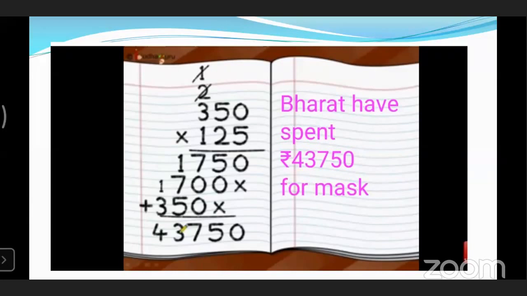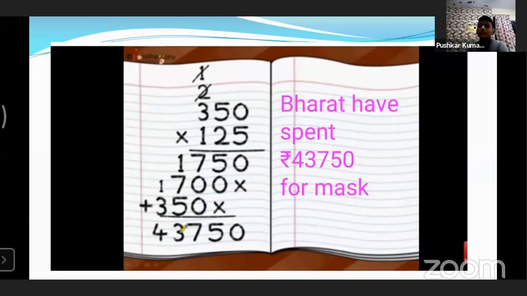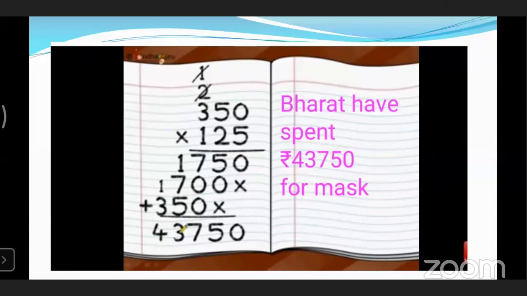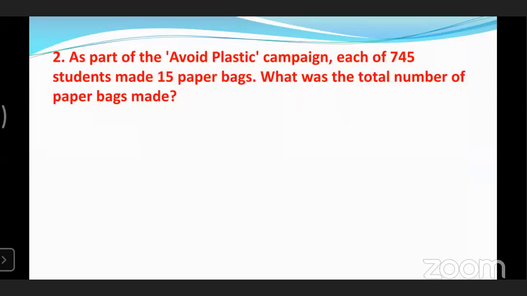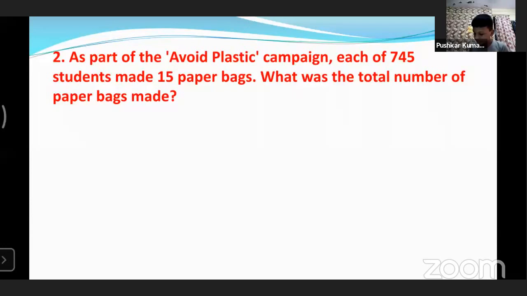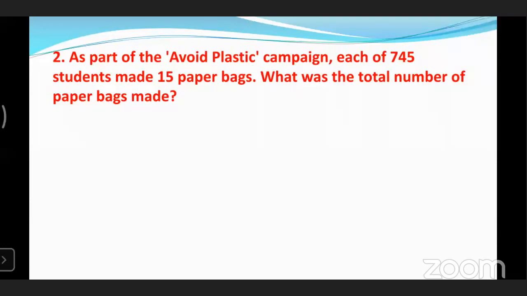Now I'm going to give you one sum. You have to solve that sum in the notebook. Are you ready? Keep your notebook ready. Now here is the sum for all of you. When you solve it, keep one thing in mind. When you solve a word problem, read the problem many times. Understand the problem, what you have to do and what you have to find out. Which operation you have to do. Make it clear, and after that only you have to solve the sum.